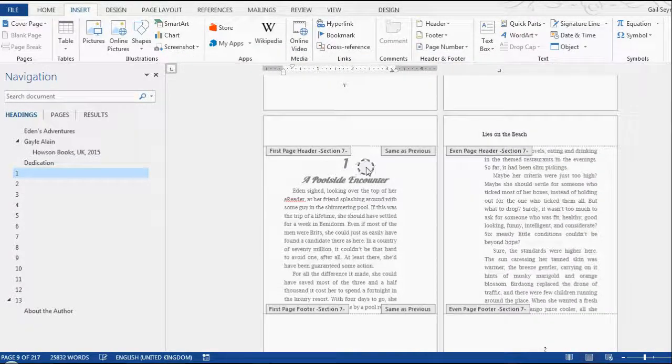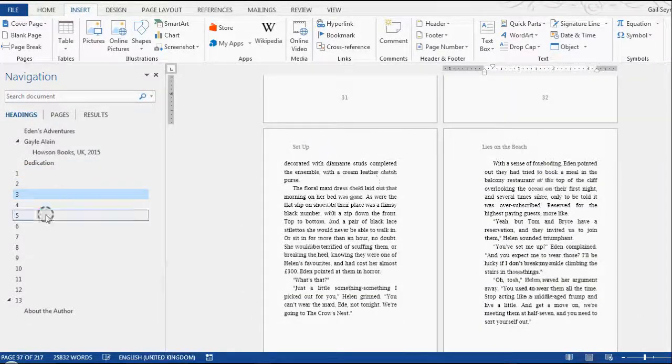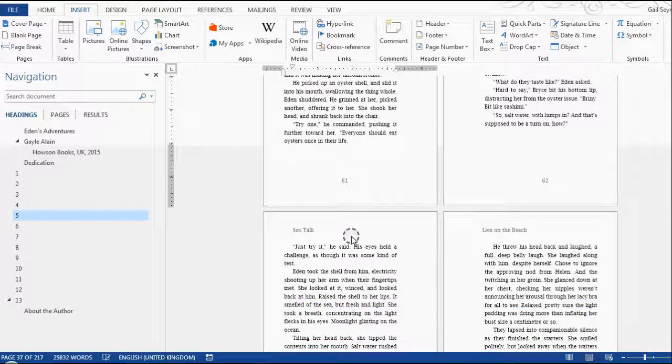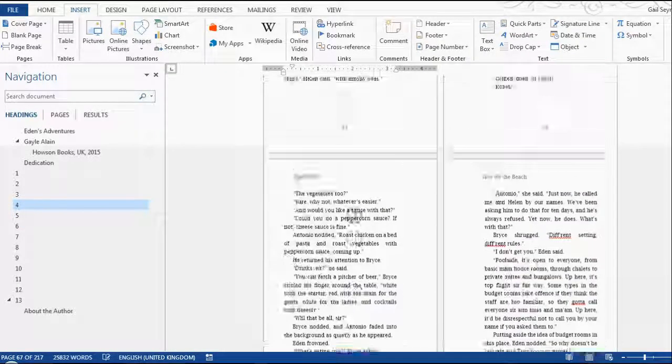But as you can see, it's picked up that this chapter is called A Poolside Encounter. If I move to another chapter, it's picked up the chapter title, and that works all the way through the book. And because we've got different